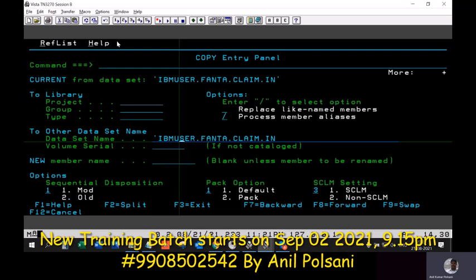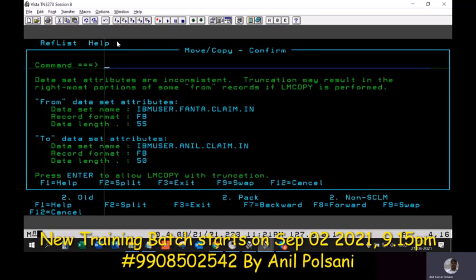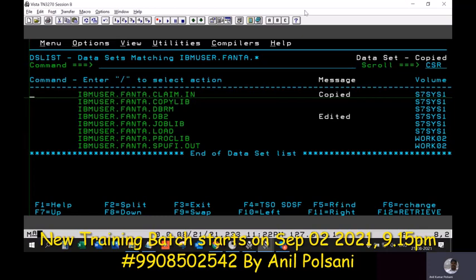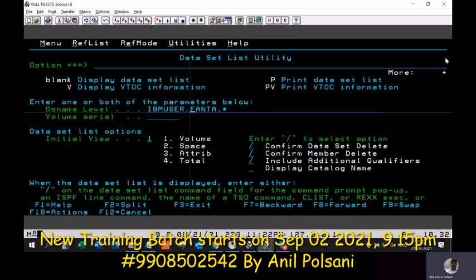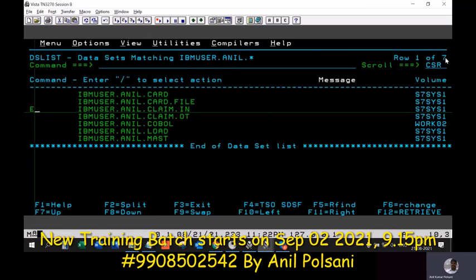I don't have access to all Fanta data sets, right? So I'll be using my name over here, just generic for our case. Assume that this is my personal file now. So just enter the data set to be copied, and dot star claim in.